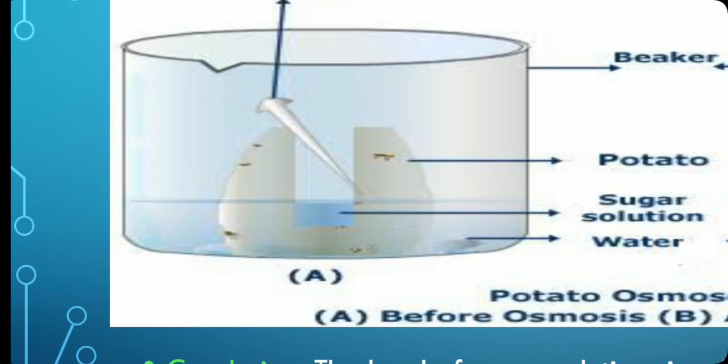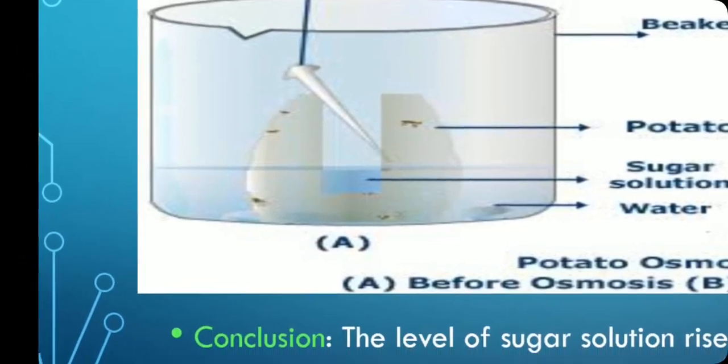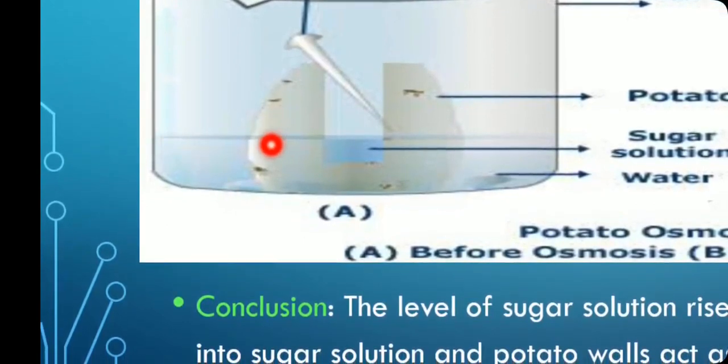Okay, so put some sugar solution, as it is mentioned in the book, 20%. 20% means 80 ml of water and 20 gram of sugar. Okay, mix it well and then put it in the potato cavity. Okay, and then keep it in the beaker which is filled with water. Like that. The level of water you can see here. This is the level of water, and here this potato cavity is kept.